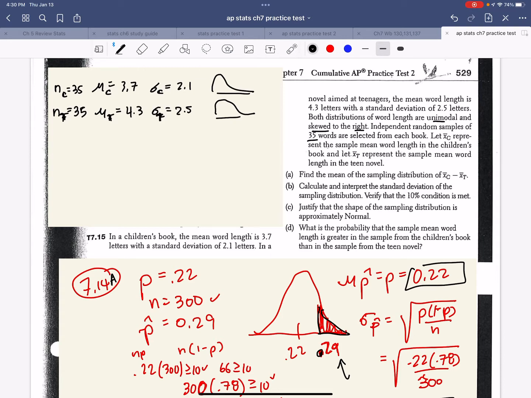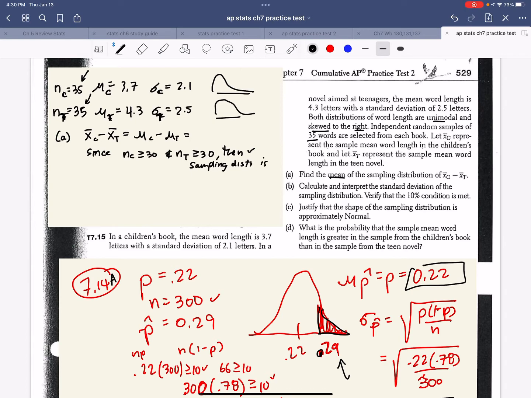Find the mean of this. Well, we know that that should just be mu C minus mu T, because the center should be... if this is greater than or equal to 30, and it is. So since n C is greater than or equal to 30 and n T is greater than or equal to 30, then this would be true. My sampling distribution